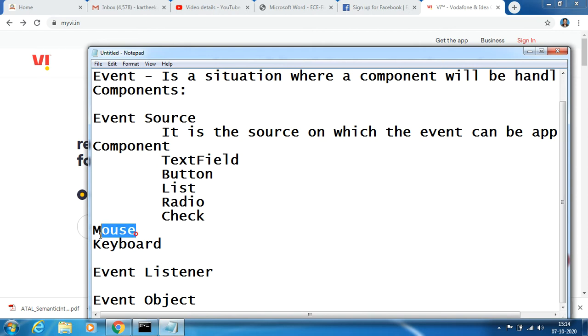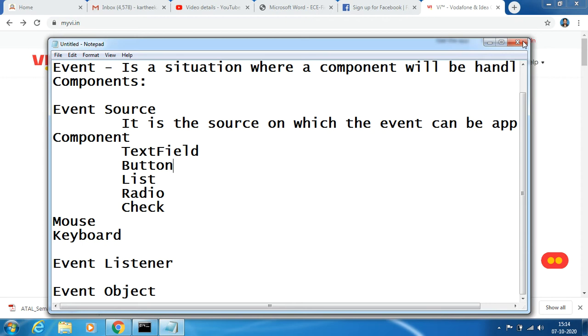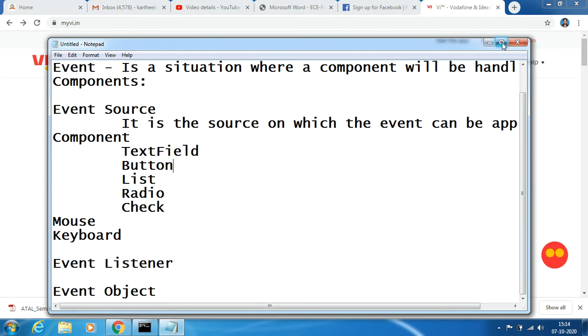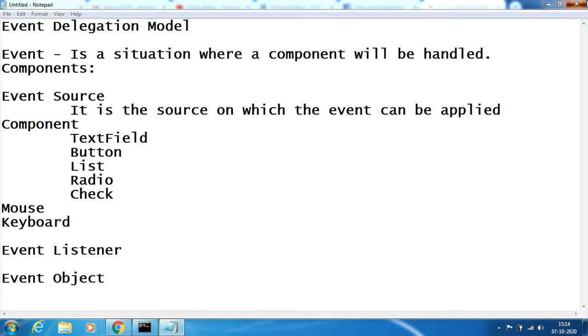Mouse is also a component, keyboard is a component. Sometimes you can have a scroll bar, it is also a component. Sometimes it's a window. A window is also a component. You have minimize, you have maximize, and close.